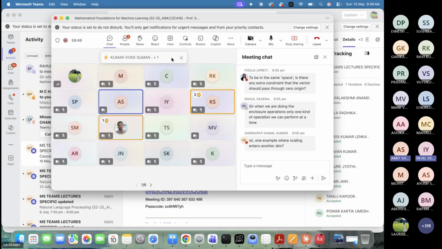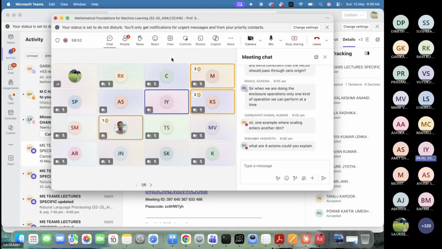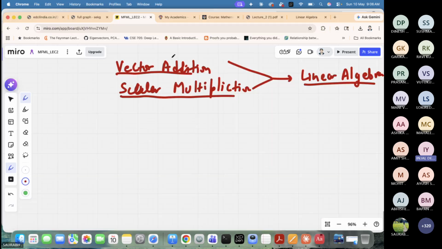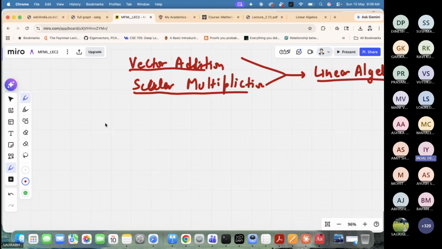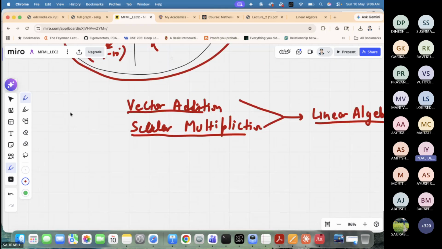My question is regarding the closure. You have given the example of -7 to +7 range, and you have given the example that 1 plus 2 is within a limit, within a group, because of that it is a closure, right? What if I